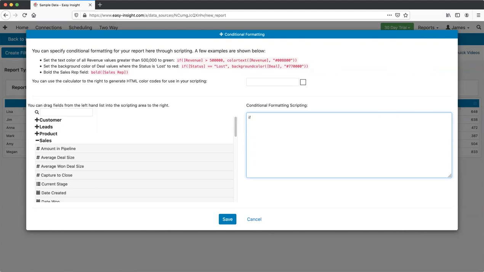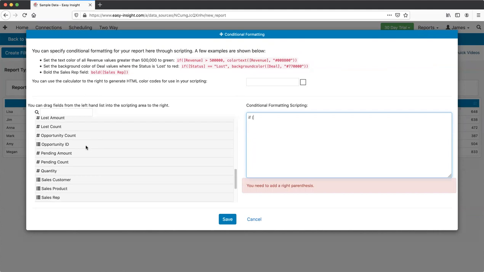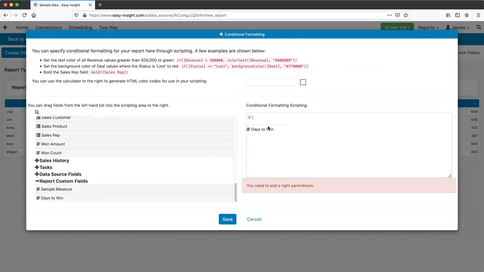So what we could say is if days to win is greater than 500, and